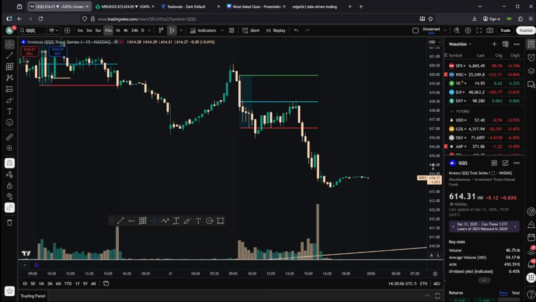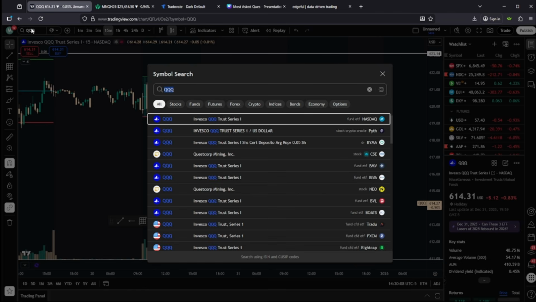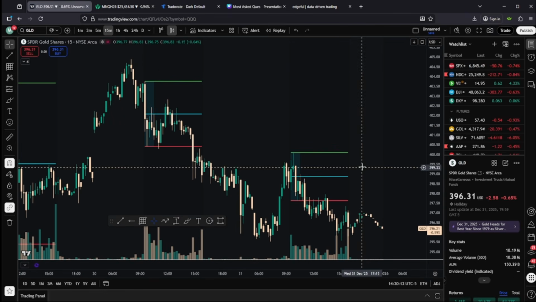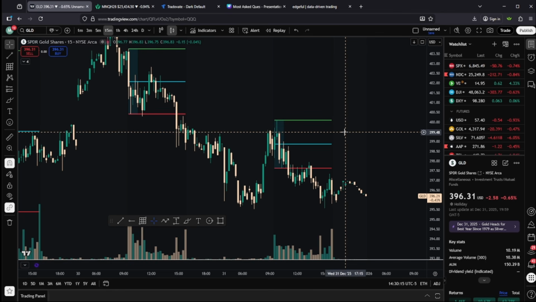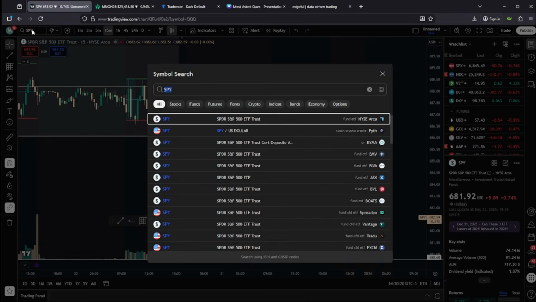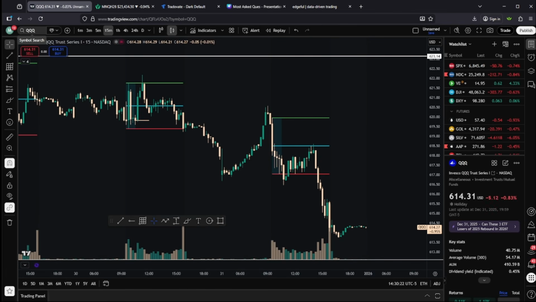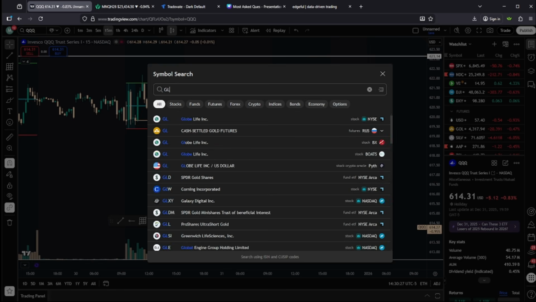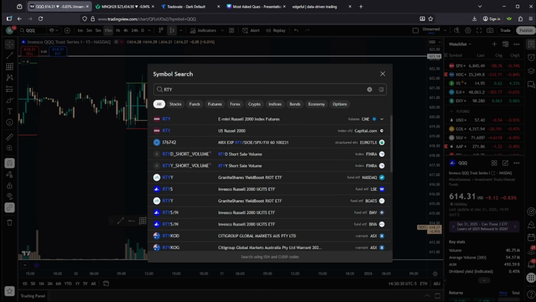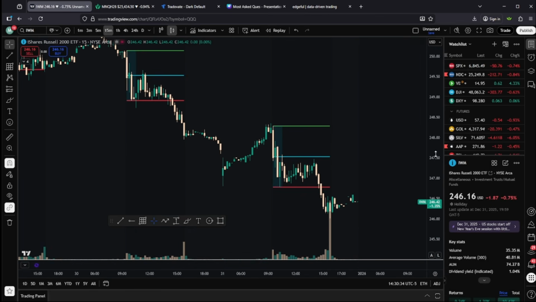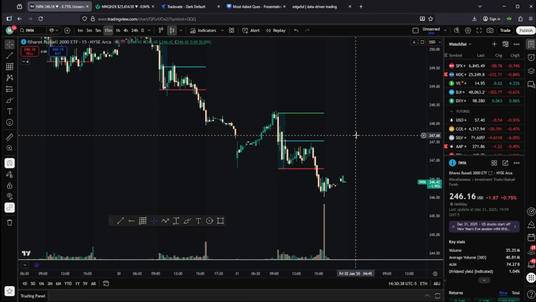Charting on QQQ, it just simplifies everything down. I do the same thing on gold as well. Instead of charting on GC, I chart on GLD. It's the same thing. And if you didn't know, SPY is the same as ES. QQQ is the same as MNQ or NQ. GLD, same as GC. And then RTY, that is the same as IWM. So I just go and chart on these. I think there's less slippage. There's less room for error on the charts. It just simplifies everything down.